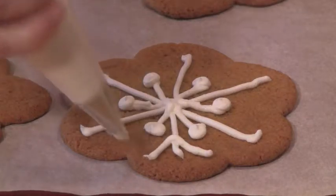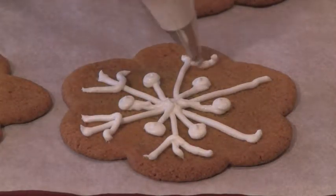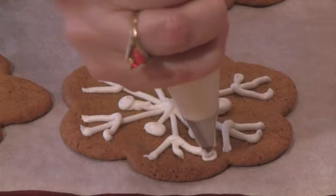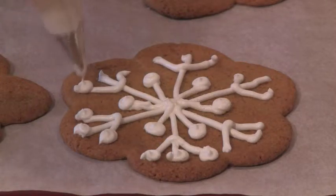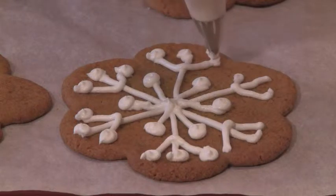Now we're going to make the ends of the snowflake. And what I do is on each of those lines, I make like a little V at the end, just like this. And then I go back on all of each of those ends and I do a nice dollop of icing. Now this is a really simple way, and you'll notice it's the icing that really delineates what this